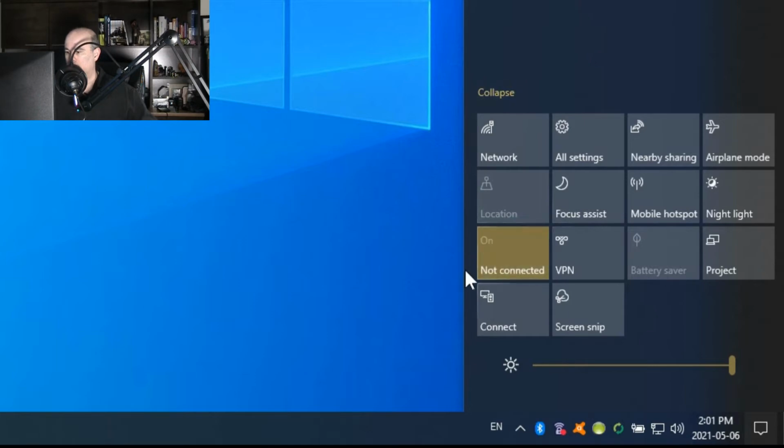When you click on it, it's on and it's highlighted, and you click again and then it's grayed out like many of the other things here. So this way you'll be able to tell if you have Bluetooth. If you don't see that icon with the symbol in this area of the screen, then you do not have Bluetooth most likely. But let's check another area because maybe it's just disabled or some other issue happening.